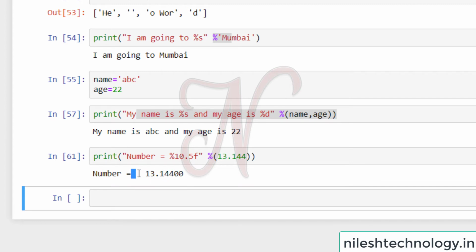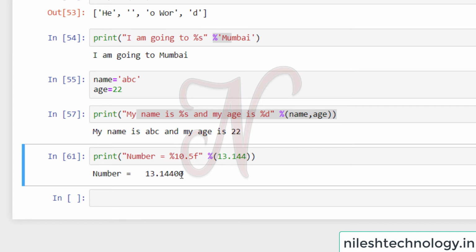See here the spaces: 1 2 3 4 5 6 7 8 9 10. And this is the one default space here after the equal sign. So 10 means that your number width is 10. If it is not, then spaces are used to complete the width.